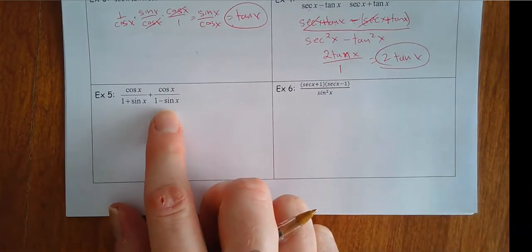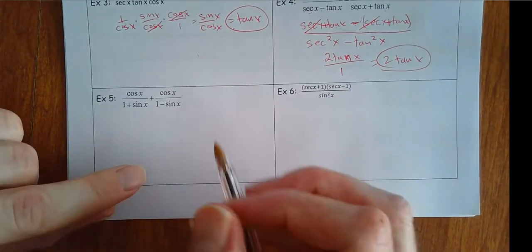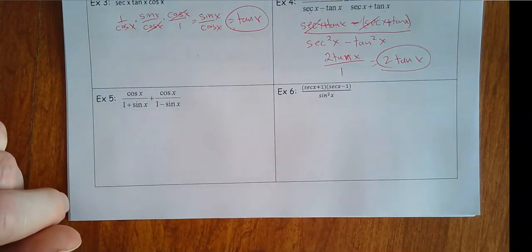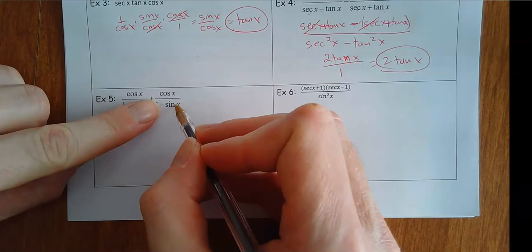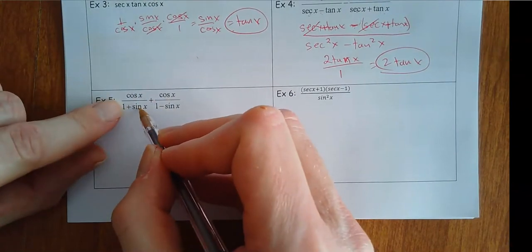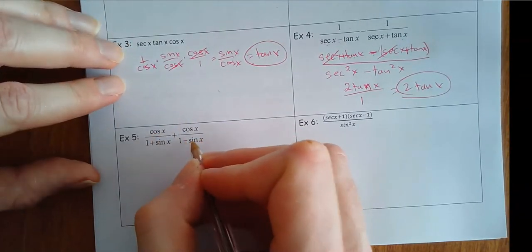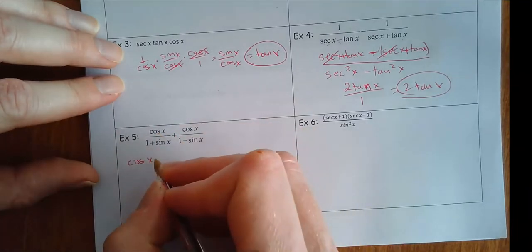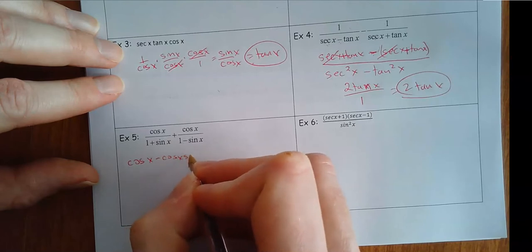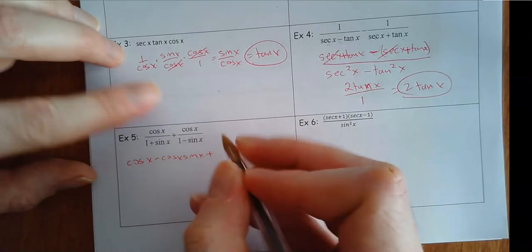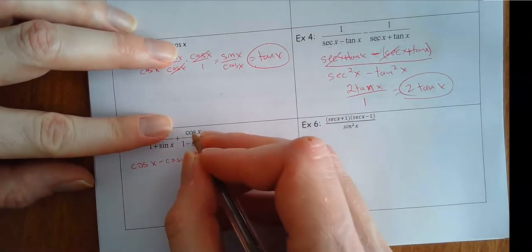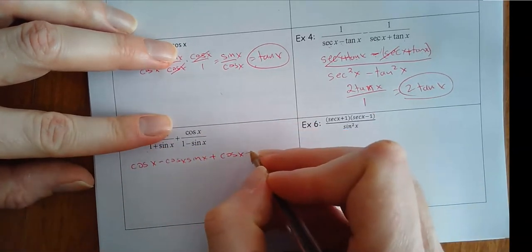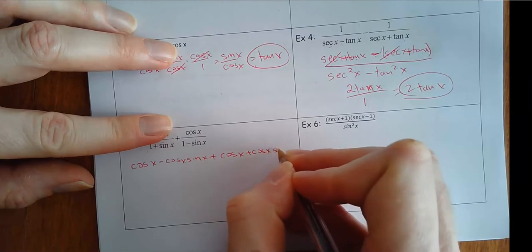Okay, same idea here, kind of take the same approach. The product of these denominators would be the least common denominator, so that means I got to take cosine x times this, cosine x times that. So cosine x times 1 minus sine x, well that would just be, if I distribute the cosine x out, cosine x minus cosine x sine x. Plus, and then on this one, if I distribute that out, cosine x times 1 plus sine x would be cosine x plus cosine x sine x